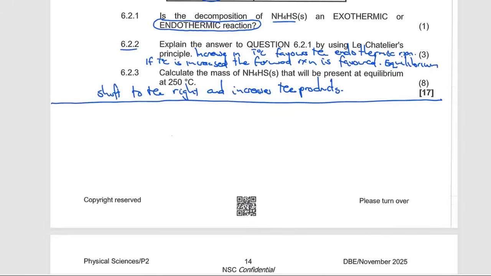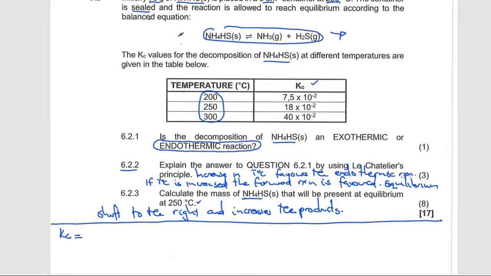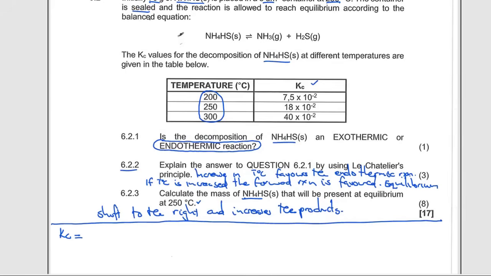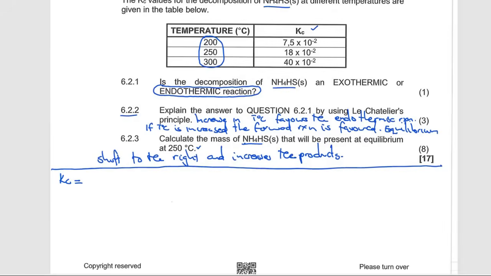So 6.2.3, what are we given there? It says: calculate the mass of NH4HS solid that will be present at equilibrium at 250 degrees. So the first thing you're supposed to do is to write down our Kc expression. Remember, it is the concentration of the products over the concentration of the reactants, but we do not include solids, so we're only having gases there. So our Kc expression is going to be the concentration of NH3